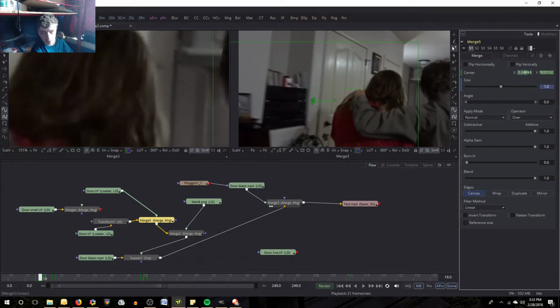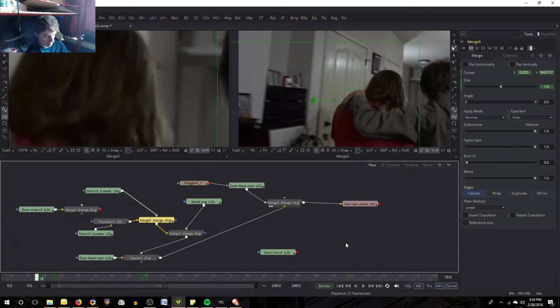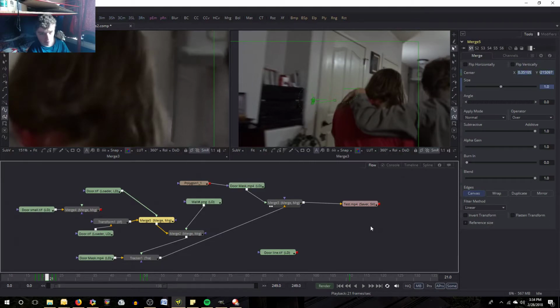So... five. Okay, 5 looks good to me. Let's go forward. Okay, that looks good. 355. That looks good to me. Tiny bit of a shift here. So if I remove this key, that, okay, so, man,